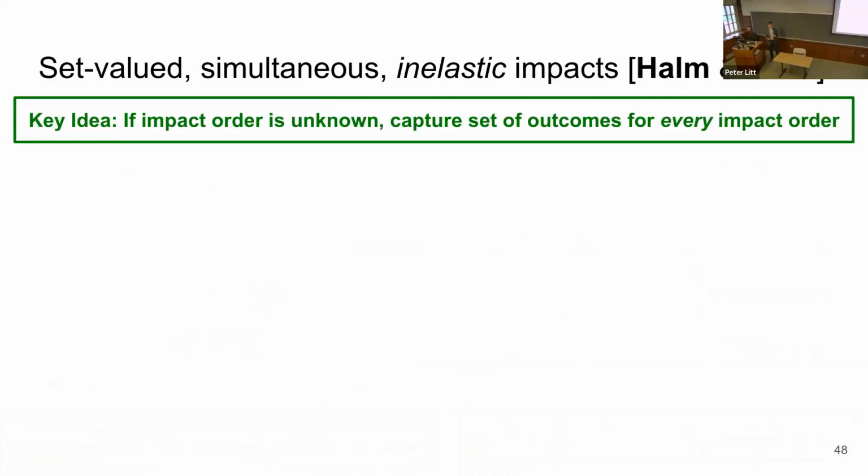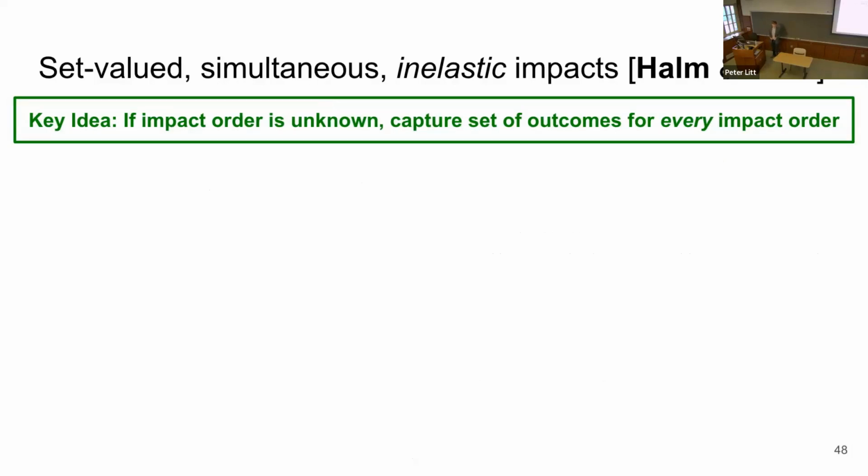So if we don't have enough information or computation to do a detailed simulation, an alternative approach would be to instead say that we know from some basic physical constraints that it's not that something arbitrary could happen. It's some set of possibilities. And that set is mostly dependent on the order in which these impacts are processed. So what if we could build a model that could capture the set of results that happen from arbitrary impact ordering? So we do make one significant limiting assumption in this analysis.